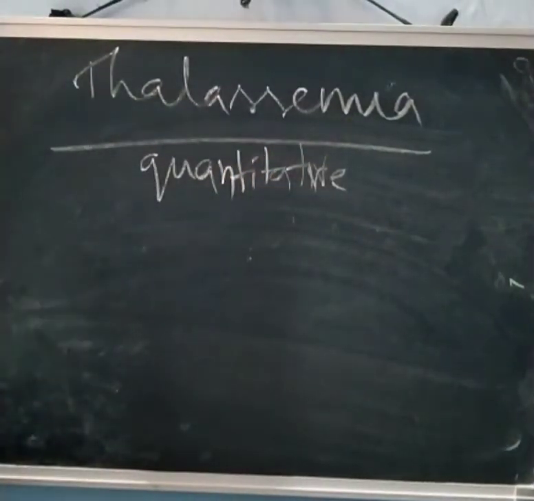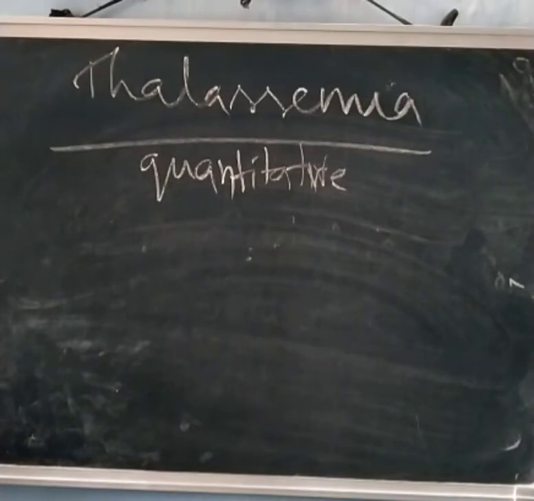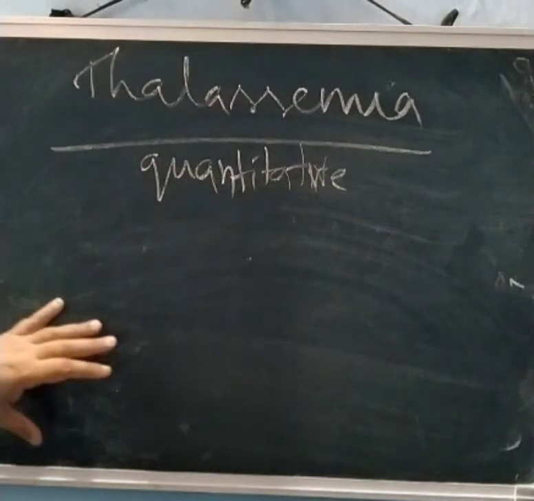There is less production of beta globin chain in thalassemia, and because of deletion in chromosome number 16 and chromosome number 11. Okay, so based on that, alpha thalassemia and beta thalassemia, two types of thalassemia are there, or more than that, but these are the common. Alpha thalassemia occurs because of deletion of genes on chromosome 16, and beta thalassemia occurs because of deletion of genes on the 11th chromosome. And anemia is the major feature of this disease. So here it is quantitative inheritance, because here synthesis of globin chains becomes less due to mutations. Now this is an autosomal recessive disease. Next we will go to chromosomal disorders, and there, Down syndrome.